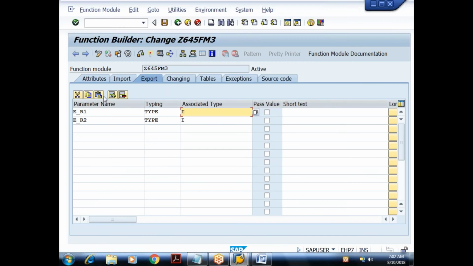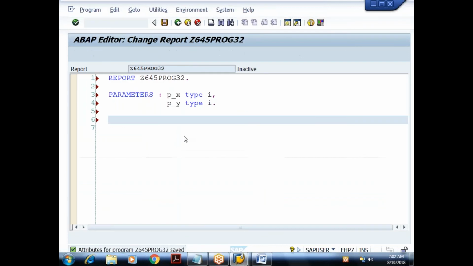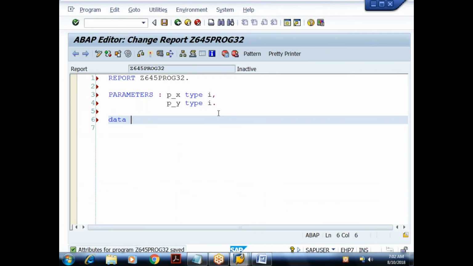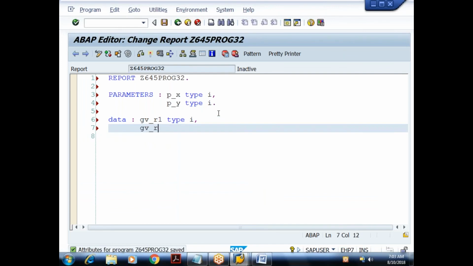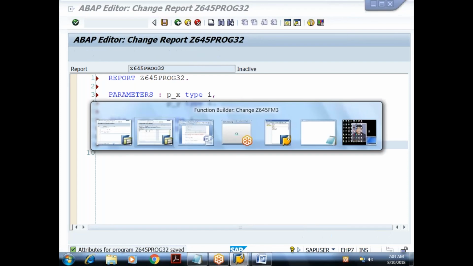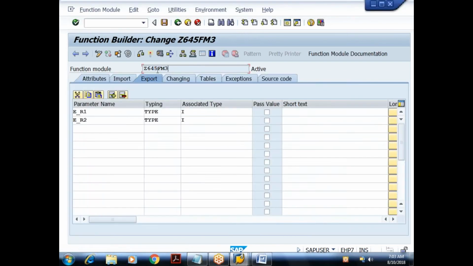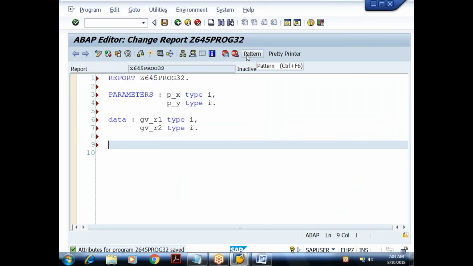So I am interested to import it. What values is it returning? Integer. So since it is returning integer, I require two integer variables to receive the result. So I'll say data gv_r1 type i, and I'll take another variable gv_r2 type i.